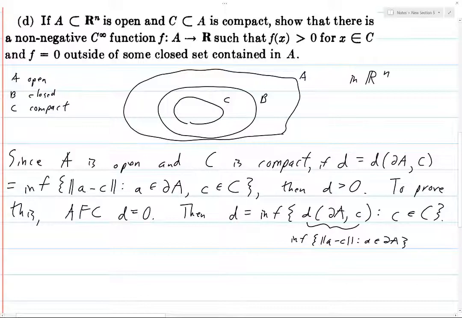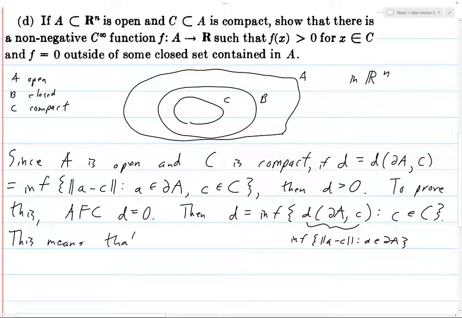Okay, so anyway, D is equal to this thing. So D is the infimum of numbers of this form. And for D to be the infimum of this